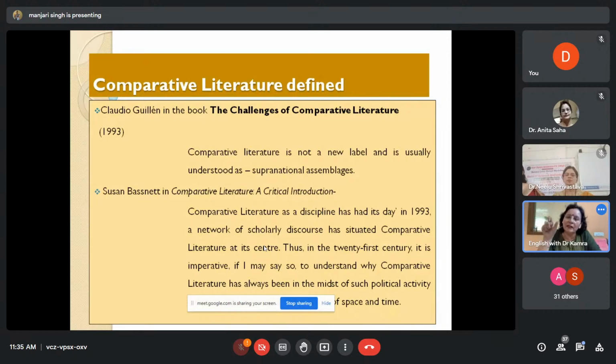And you'll find that this kind of research, that is comparative research, is usually understood as supranational assemblages. Now, supranational assemblages, this is a very weighty term because it signifies a phenomenon in which a dialogue and mutual illumination of art takes place. Here you'll find that the principle is that it takes place beyond the empirical or experiential